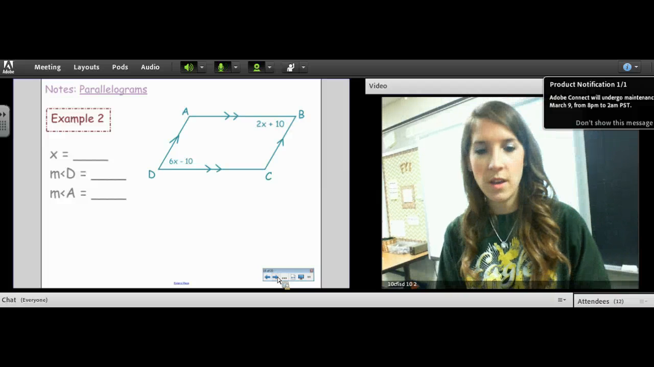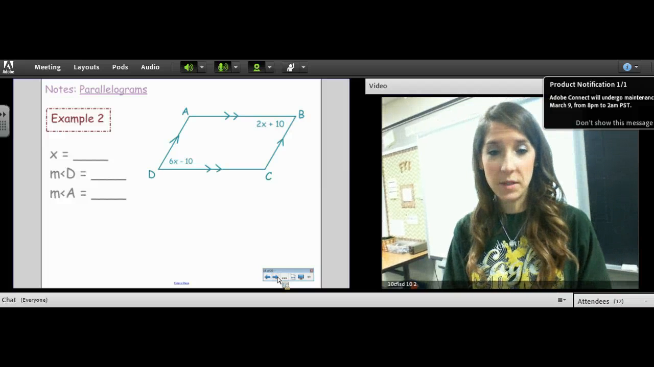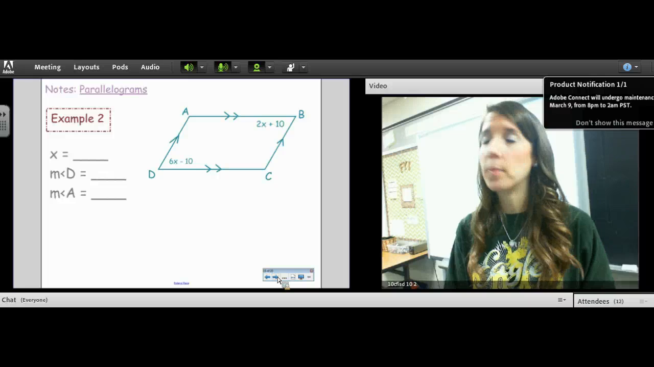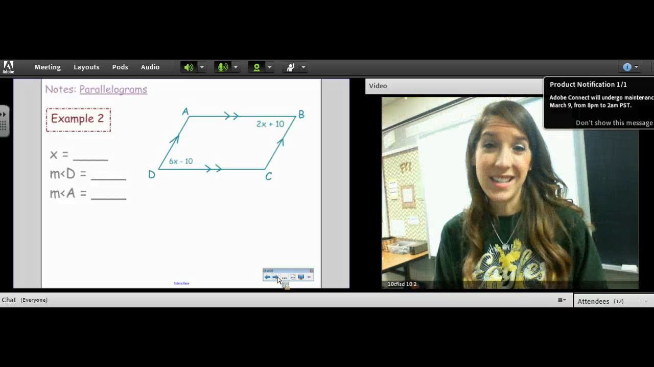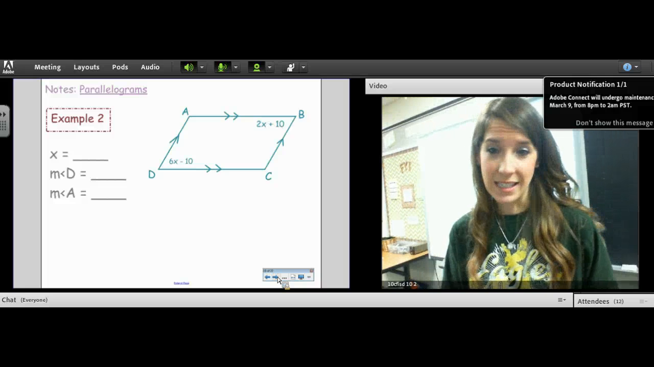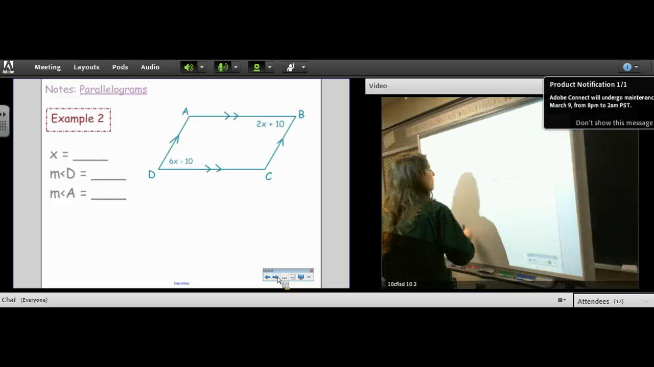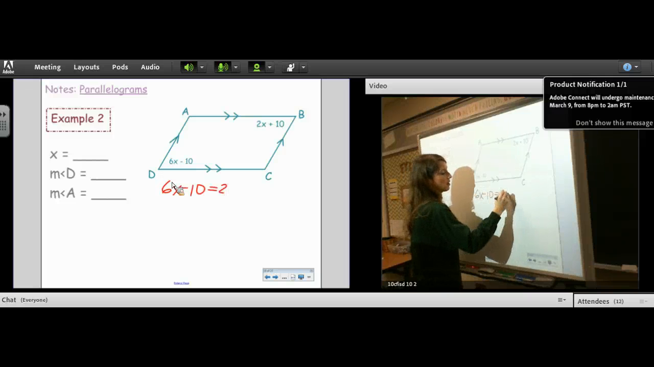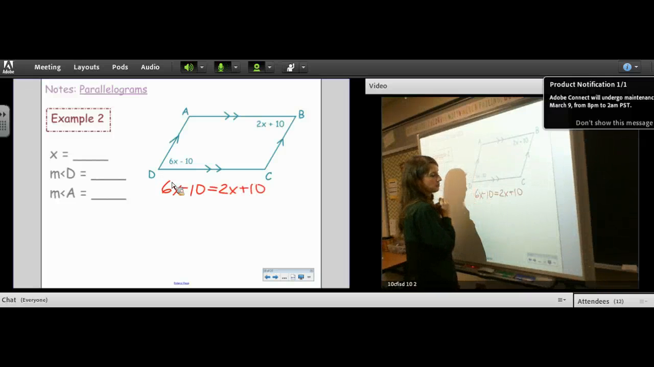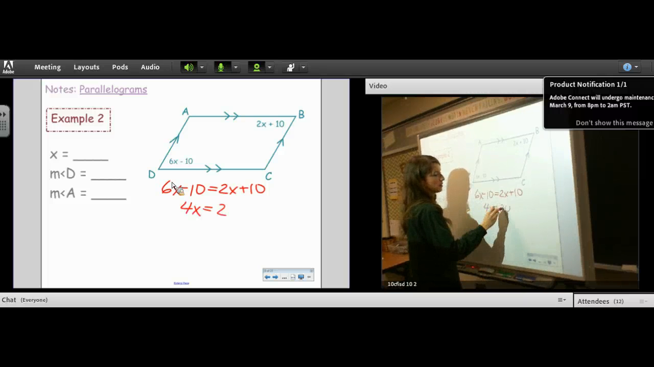Example 2, we're going to use a property. This one's pretty easy to know which property to use. We're dealing with angles this time, and one of our properties says that opposite angles are congruent. So that's easy. Let's just set them equal so that we can move on to some better examples. 6x minus 10 equals 2x plus 10. 4x equals 20,